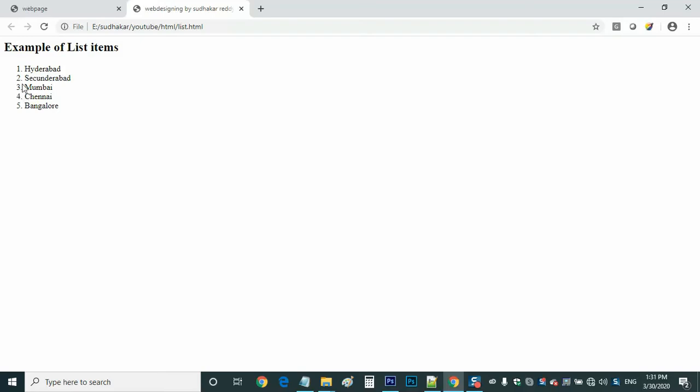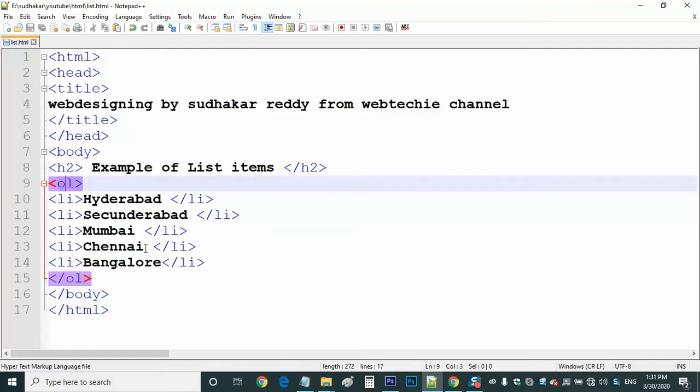Now see friends, here we have 1 2 3 4 5, and we got all the city names here. This matter can be your choice, you can type whatever you want, but we got the list items here. And you can see there is a space on the left side. See, indent: this space is normally in any document, it may be a Word document or anything, and this space is called an indent space. I wrote H2 here so that you can understand how the space appears. When you type OL with the list item, you get some indent space on the left side. So this same thing I want to use with the help of UL.